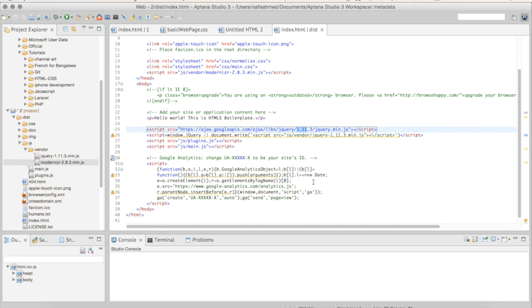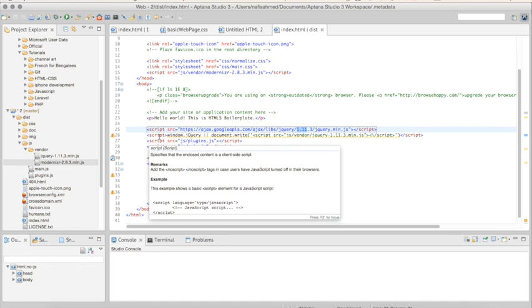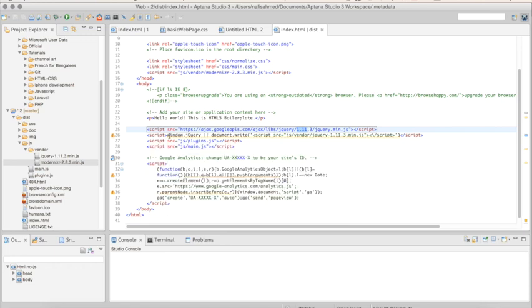Then again, it encounters something else, a different form of script element. So in the script element, we are not bringing a remote resource. We are not bringing any sort of remote resource from our